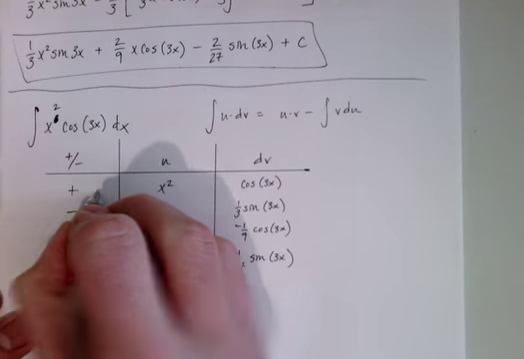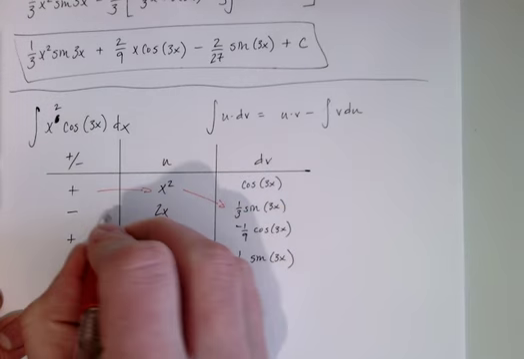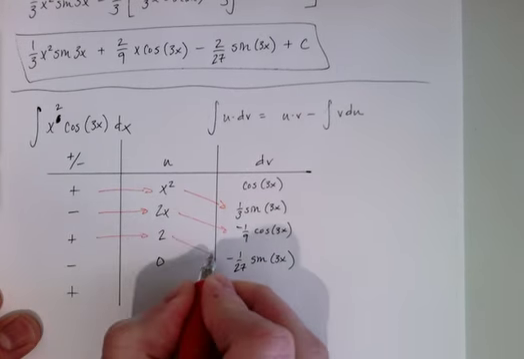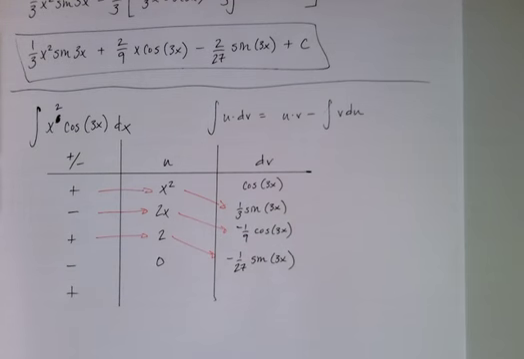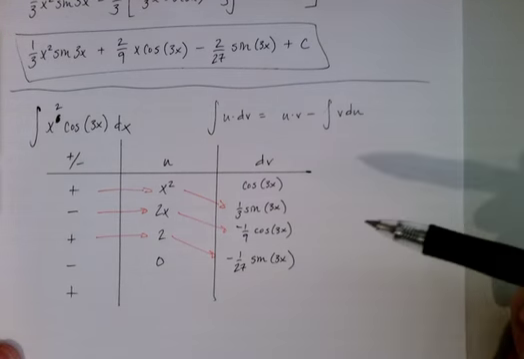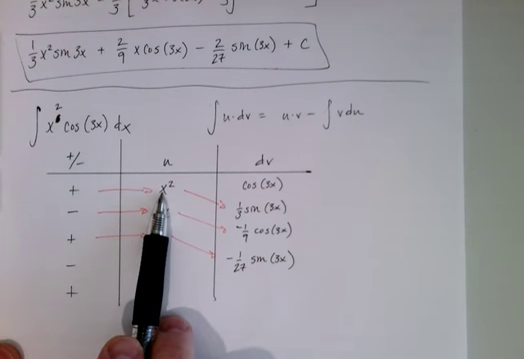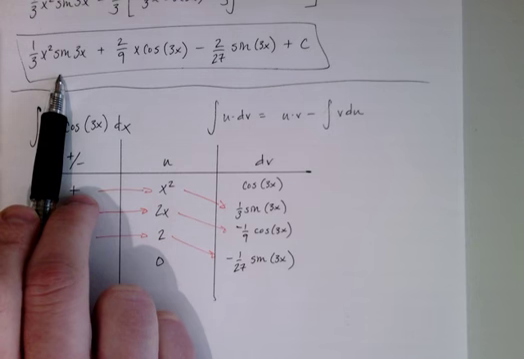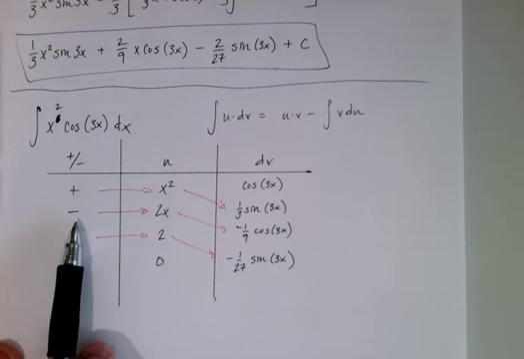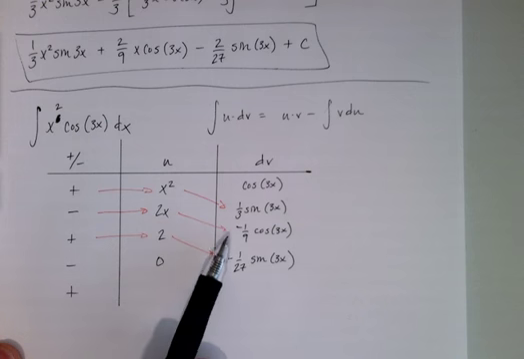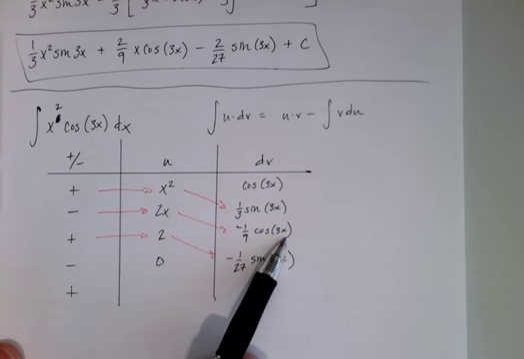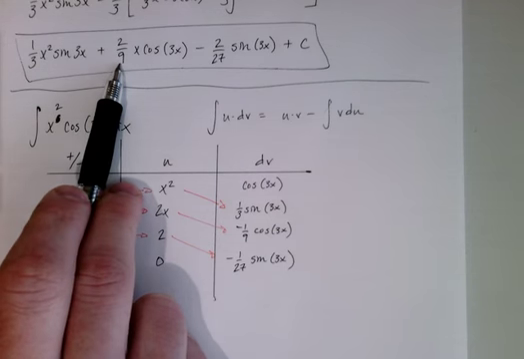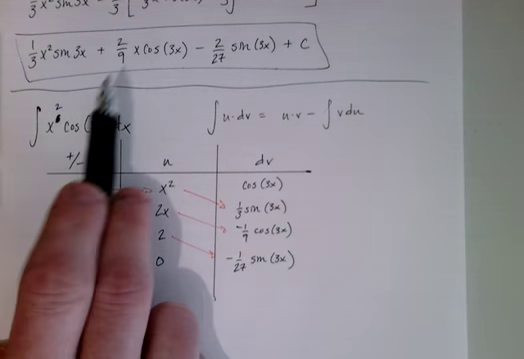So all I do is I go over, down at an angle, over, down at an angle, over, down at an angle, okay? And so the first term is going to be x squared times 1/3 sine 3x, which is exactly what that is. The second term is going to be negative 2x times negative 1/9 cosine 3x. The negatives cancel each other out. The 2 combines with the 1/9 and becomes 2/9 x cosine 3x, which is exactly what I have for my